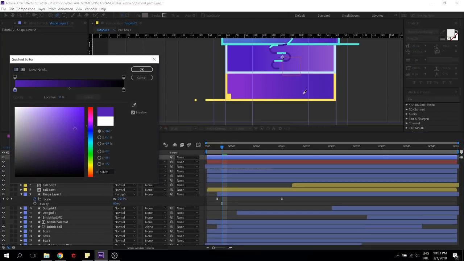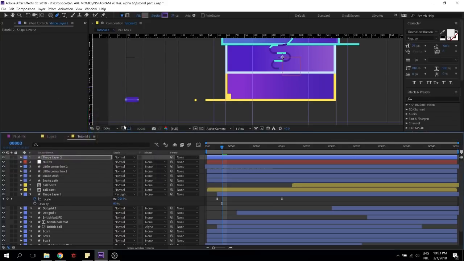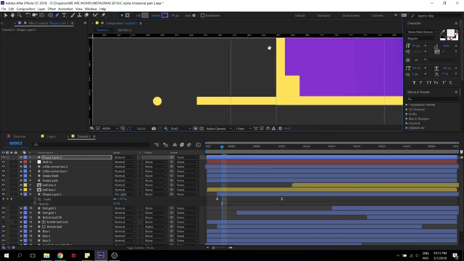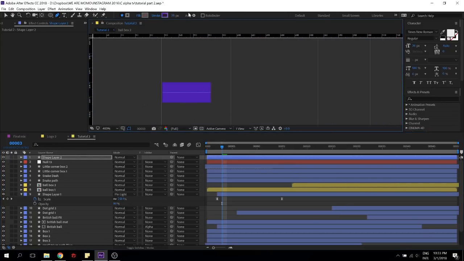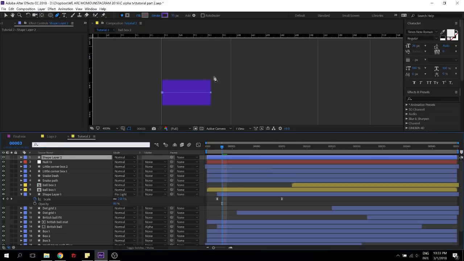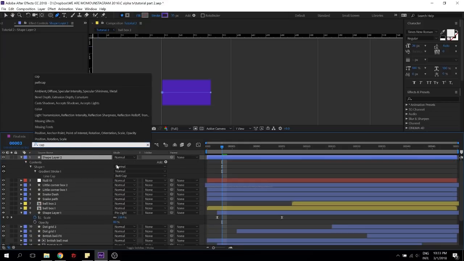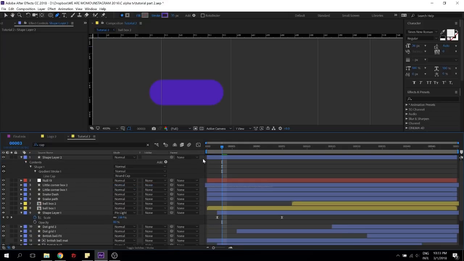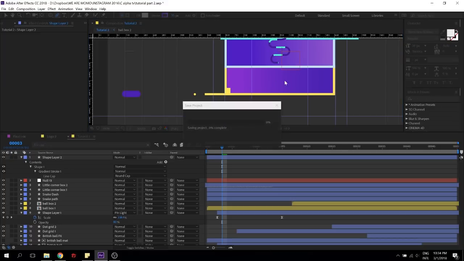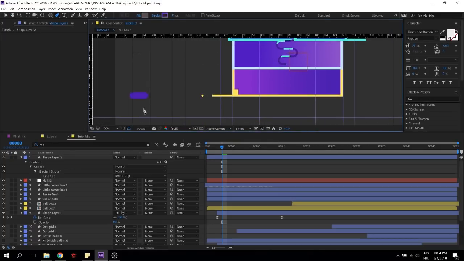So what I'm gonna do, I'm gonna take this color, and for the end, I'm gonna take this color. Yay! But the thing is, I don't want it to be more fat. I'm just gonna say 35. But the thing is, I don't want it to be capped that way. So I'm just gonna make sure that I change the cap to a round cap. So this way it's rounded and it's beautiful. It follows this. That's pretty cool.